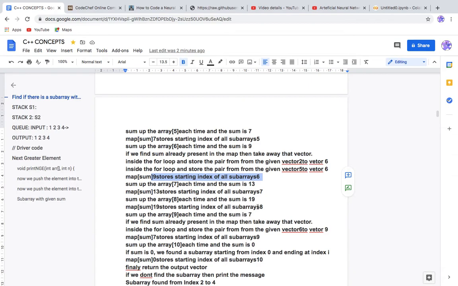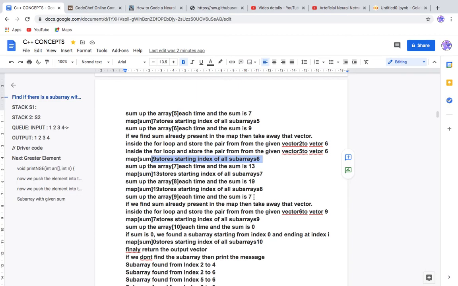Then again we have come to subarrays, index of 8, and then again we have 7. So see, map sum 7 stores the index 5, right? And here again we have found that 7 is the sum, so it is already present in the map. So we take the 5, the index was 5, 5 plus 1, 6 to 9 we have printed, right?